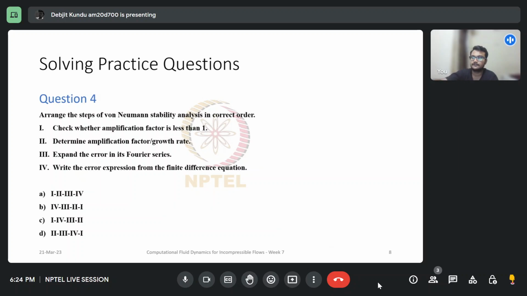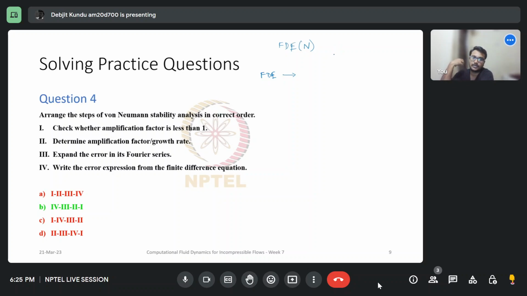Okay, so let's have a look at the solution. The solution is option B, 4321. Let's have a look. So first of all, what is the first step? What we do is we have a finite difference equation to begin with, and then we put in the error terms in that equation. In a more detailed way, we have the FDE in terms of N, which is the numerical solution, and the equation to begin with